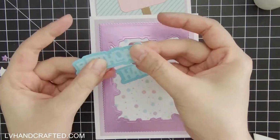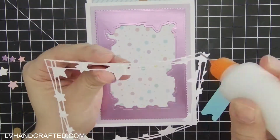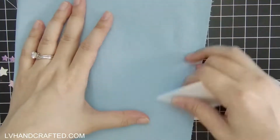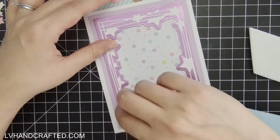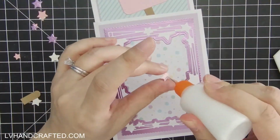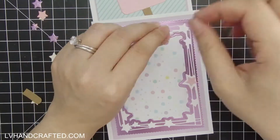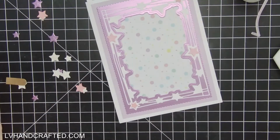Interestingly enough, though, the stars that you see off to the left-hand side there, those are actually from the Sweet Sorbet die set, and they are the same sort of shape stars as the stars in this border. And that's, I guess, the nice thing about mixing and matching dies from the same brand, because even though these are two totally separate die sets, I guess whatever star graphic they use whenever they incorporate stars into their designs, it's the same sort of